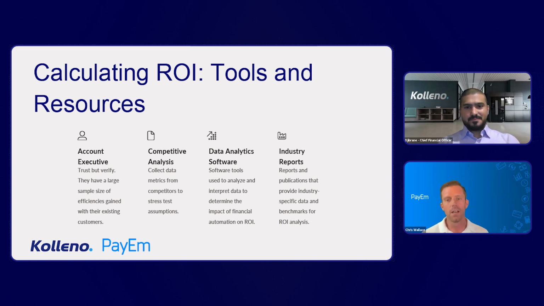There's tons of publications, tons of companies out there, like the G2s of the world. I recently came across a new one, IOFM, Industry of Finance and Management. Really good metrics out there that kind of give insights into what the average cost of processing an invoice is with and without automation. So you can start to leverage a lot of that data that's out there as well,